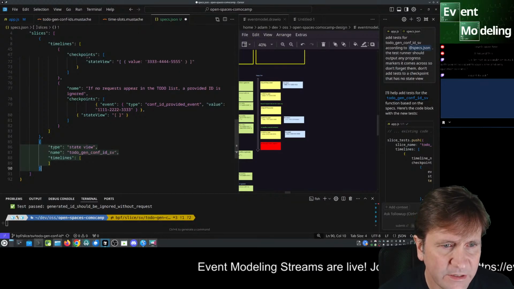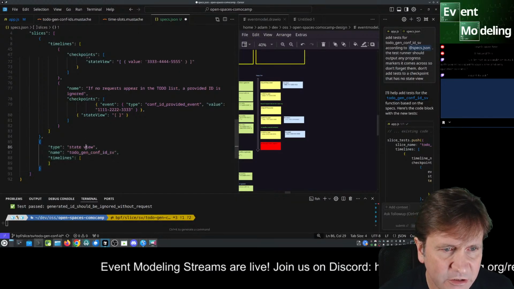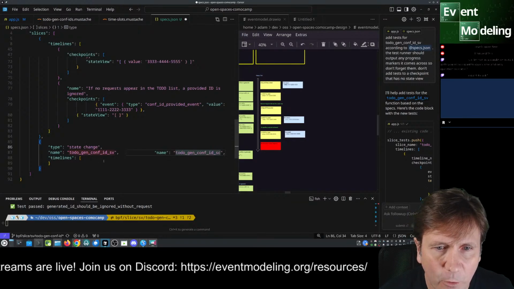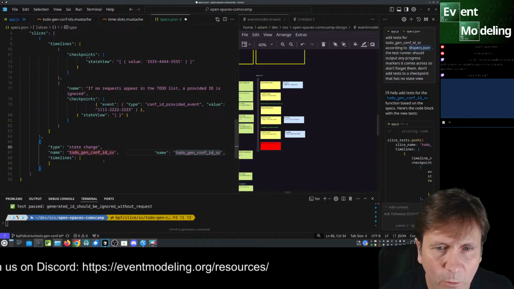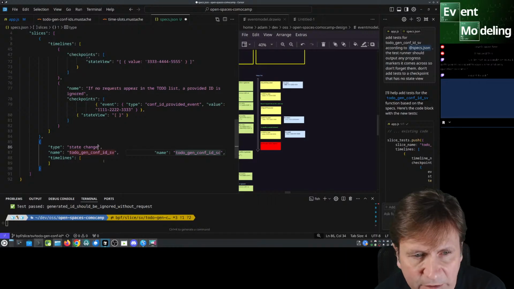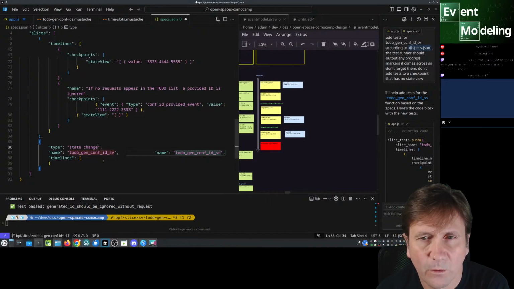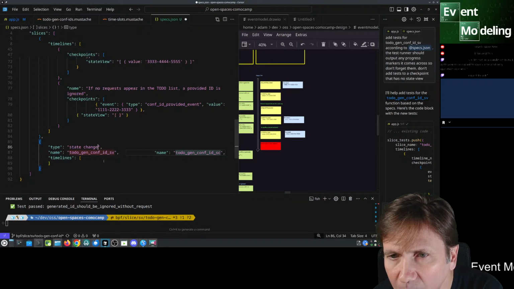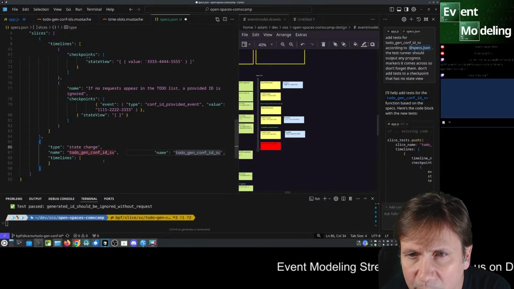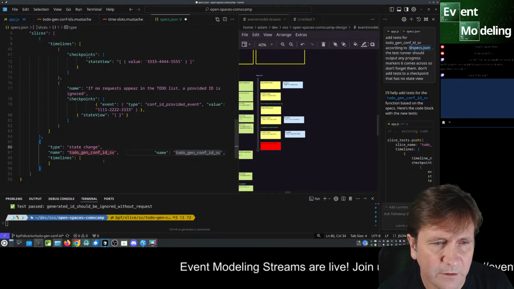And then we have state change. And here, oh, is that the thing that we're testing? It's not a to-do. It's a provide ID.